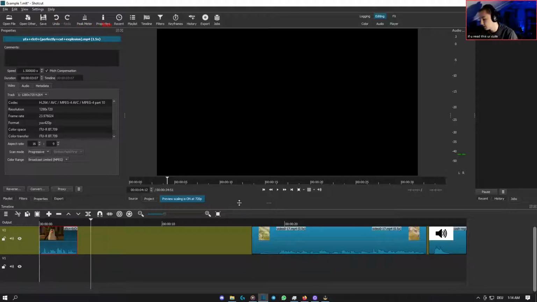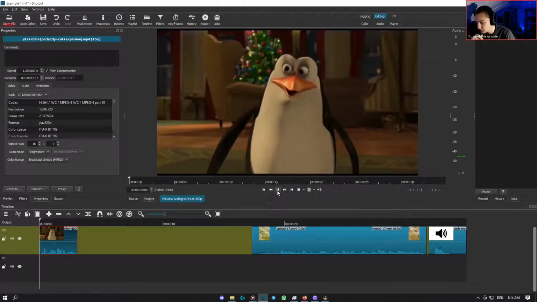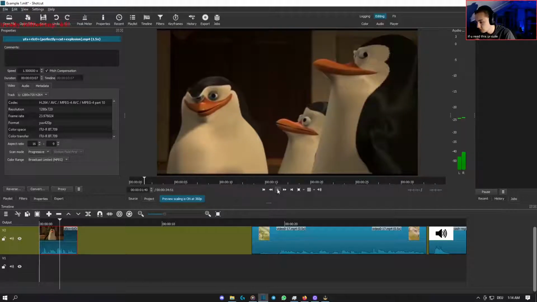Another thing you can do is, if you have F7, F8, and F9, also F10, you can have preview scaling on. So the source is now in 360p. But you can also have it in